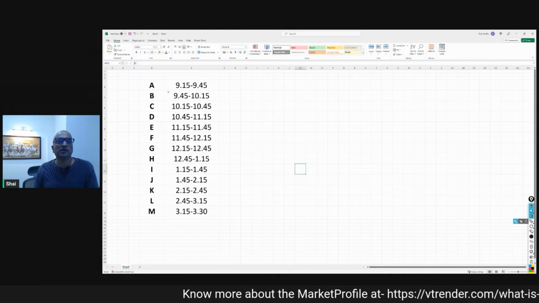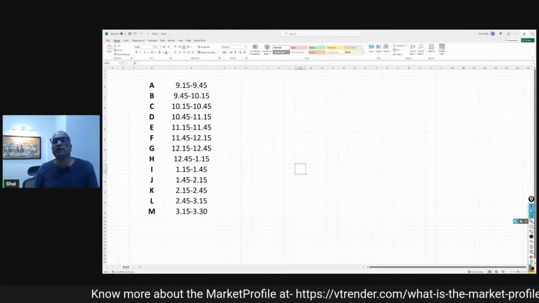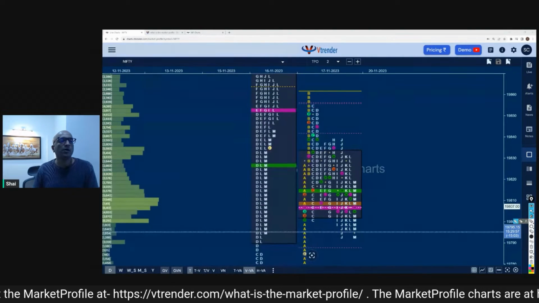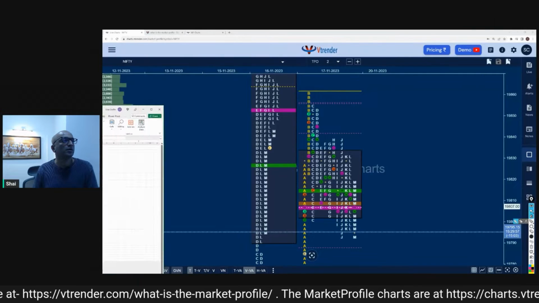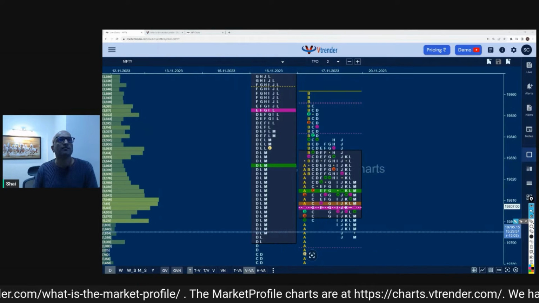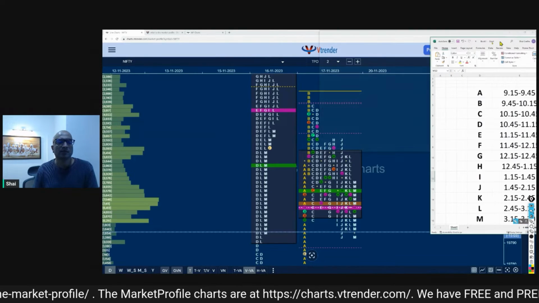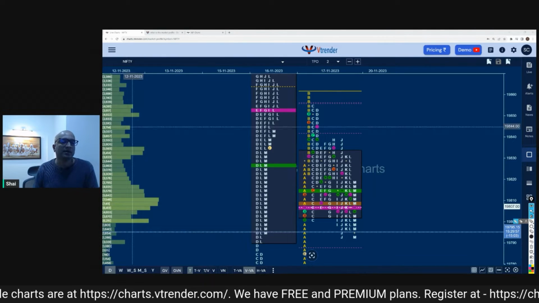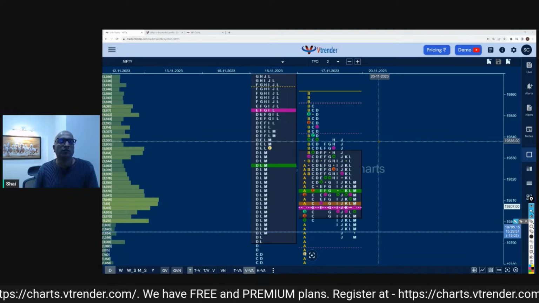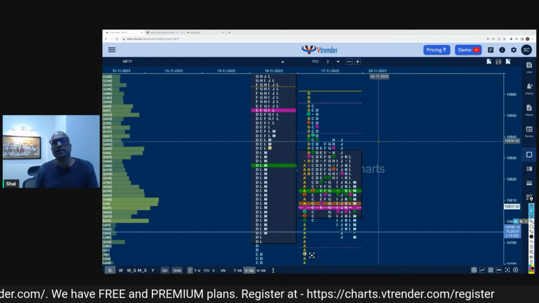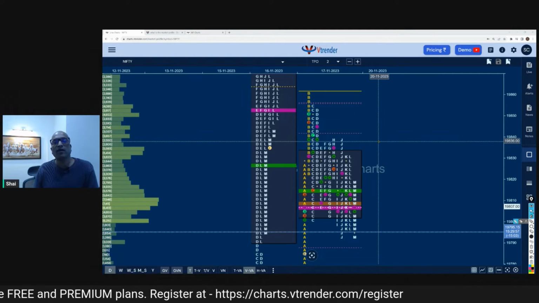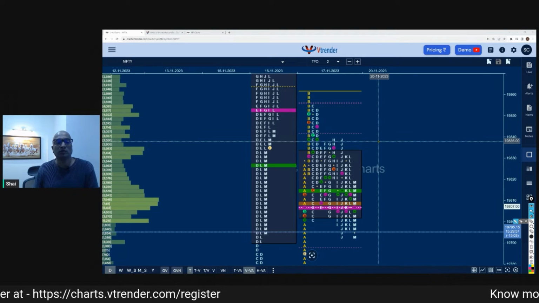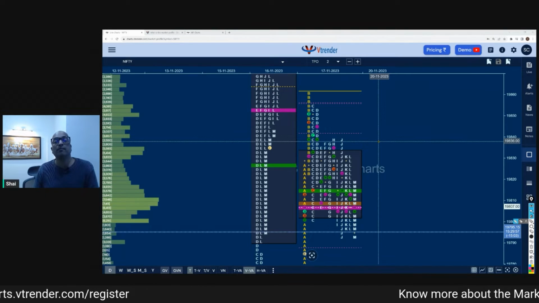Every single 30 minutes, we are giving it a name. Now, this is the point of difference between a 30-minute candlestick chart and a market profile chart. You will say, why am I looking at a market profile chart when I can plot a 30-minute chart of any instrument? And you're right, you can do that also, because the 30-minute chart is giving you the same information.